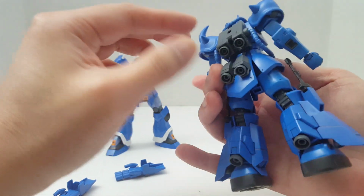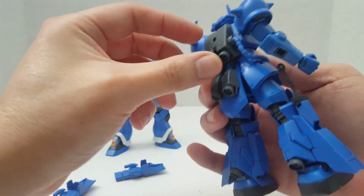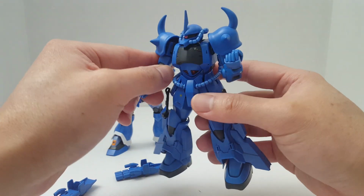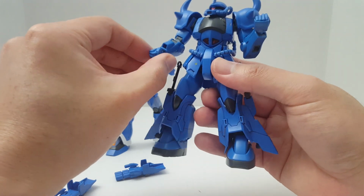My friends and I have this theory that when people die in universal sentry, somehow they end up in the build fighter universe. But anyway,